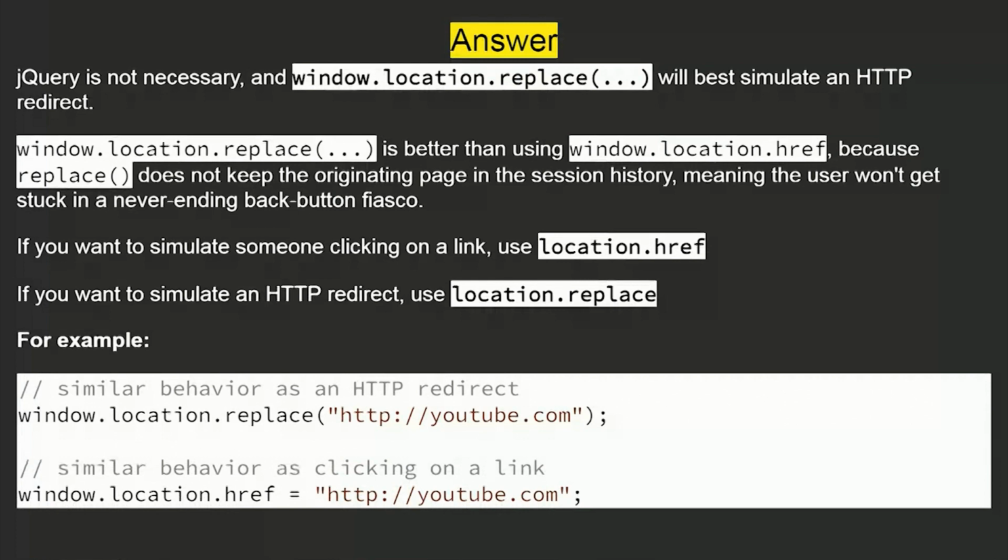window.location.replace is better than using window.location.href, because replace does not keep the originating page in the session history, meaning the user won't get stuck in a never-ending back button fiasco. If you want to simulate someone clicking on a link, use location.href. If you want to simulate an HTTP redirect, use location.replace. For example,